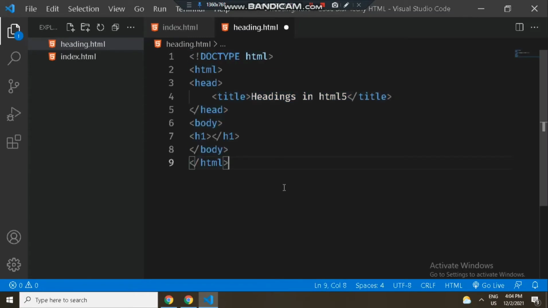These shortcuts are called Emmet, like I typed html:5 and the whole html document came, then I typed h1 and the opening and closing tags came. In other code editors you may need to download Emmet, but Visual Studio Code provides it from the installation only. You don't need to download it separately.